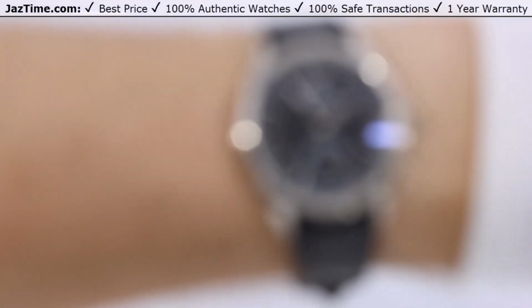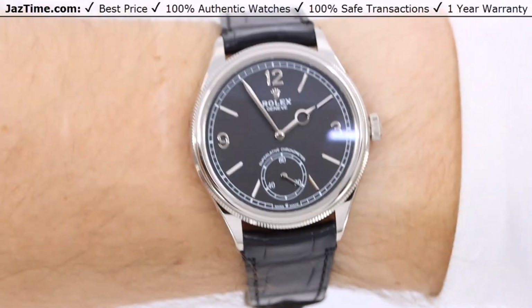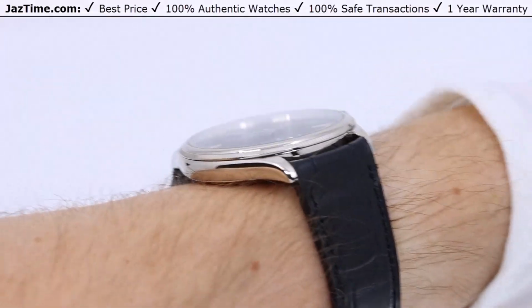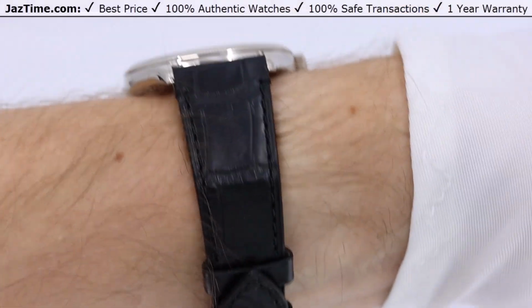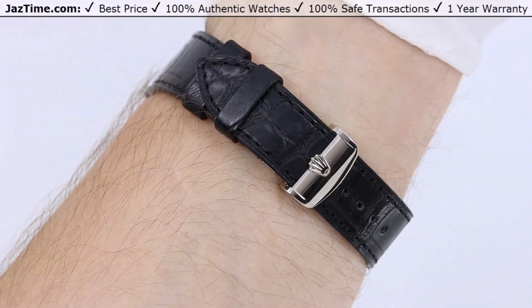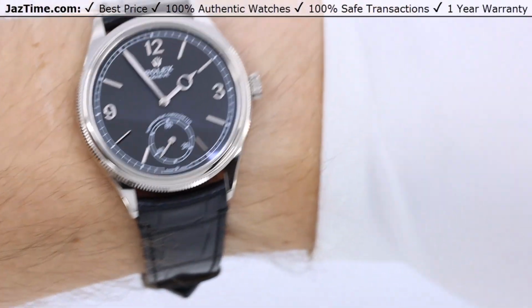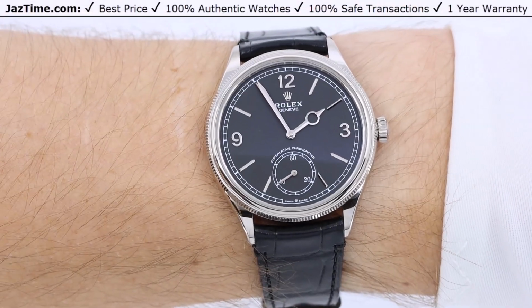Now, what are my thoughts? Well, I like the 1908. I think it's great. And I think it's about time Rolex really put out a dress watch that could compete with other top brands such as Patek Philippe and Audemars Piguet. And why do I say that? Well, because for quite some time they had the Cellini, which, let's be honest, was a flop, which is why they got rid of it. And they only had Datejust and Sports lines, which did wildly well. But now Rolex is doing dress watches, and why I think they're going to do a great job on it